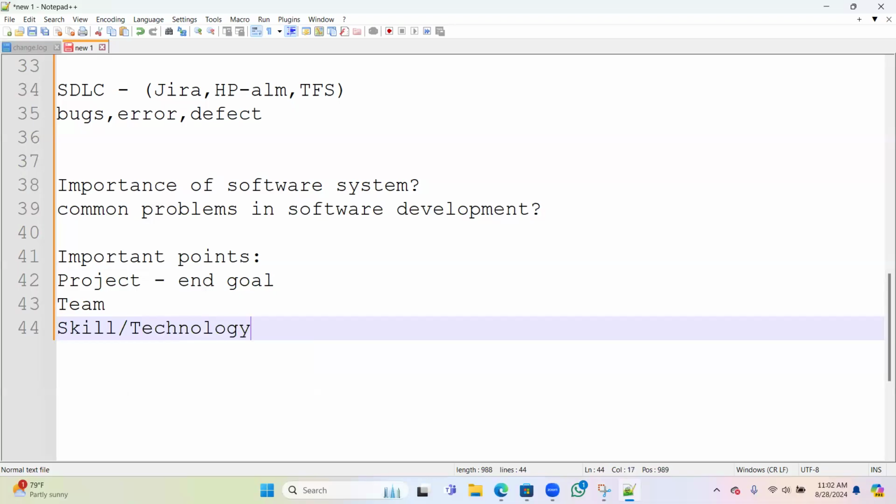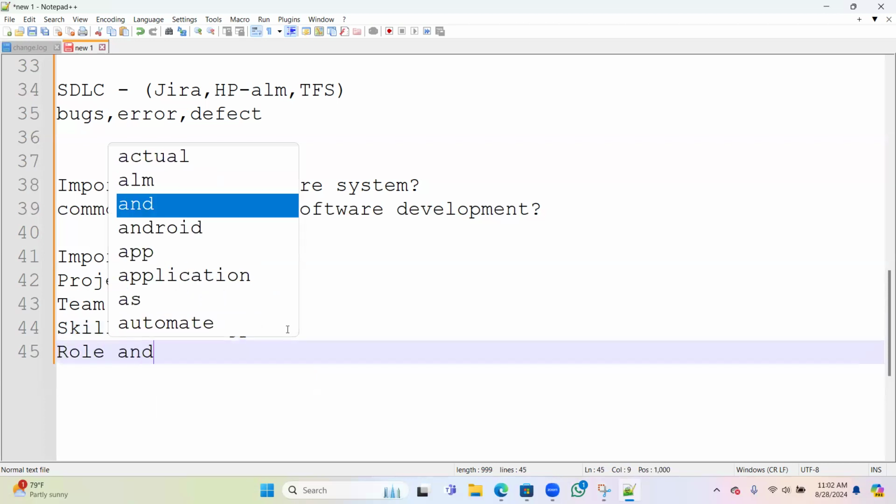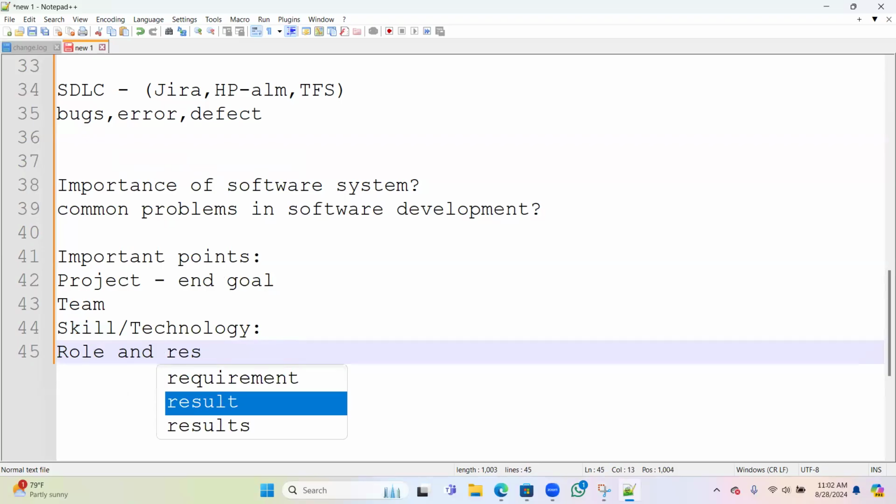What skills have they asked for? It might be communication skills or technical skills, or the experience they are expecting. So you should understand what skills they require, and what programming language they are expecting. As a tester, what are your roles and responsibilities? We would cover this as well.